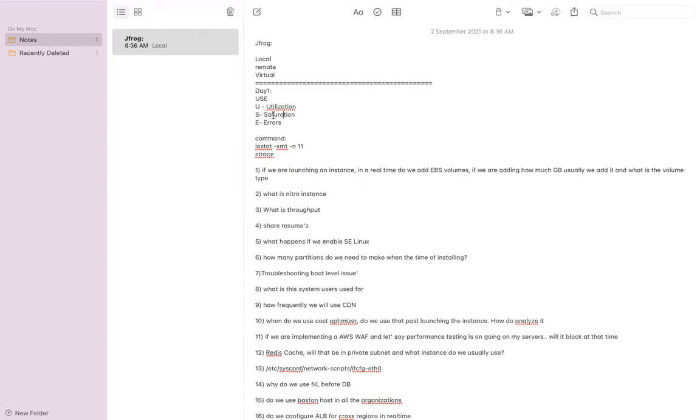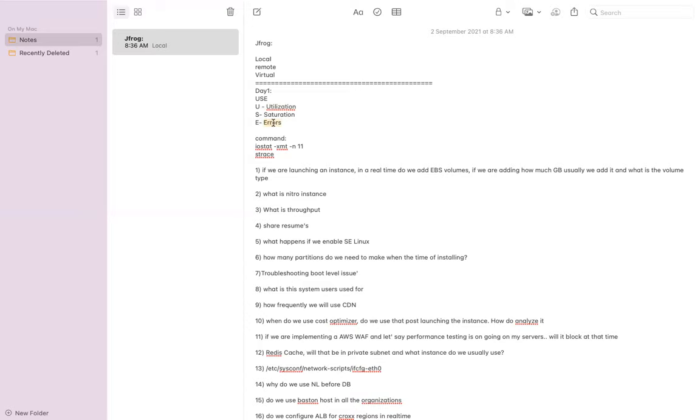Second thing, for example, the particular disk is running out of disk space. The particular server is running out of disk space. Memory is exhausted. So that is known as saturation. So first of all, we will check how the utilization is going on and which particular component is getting saturated. That particular thing we will have to take care of.